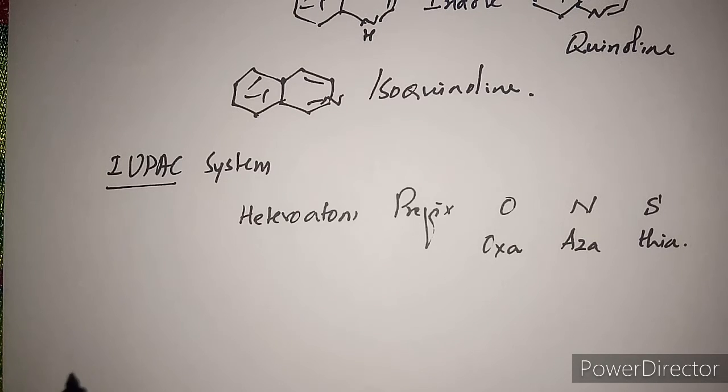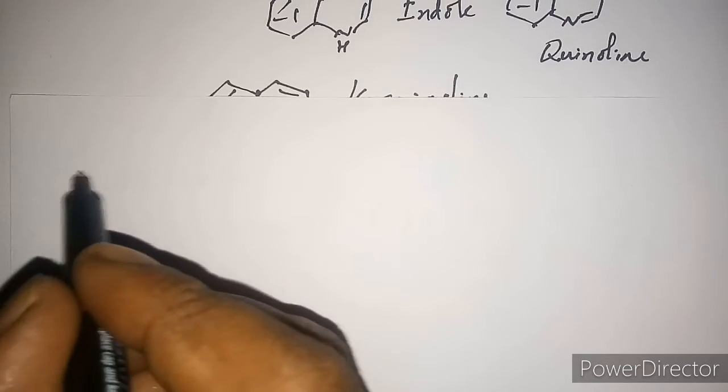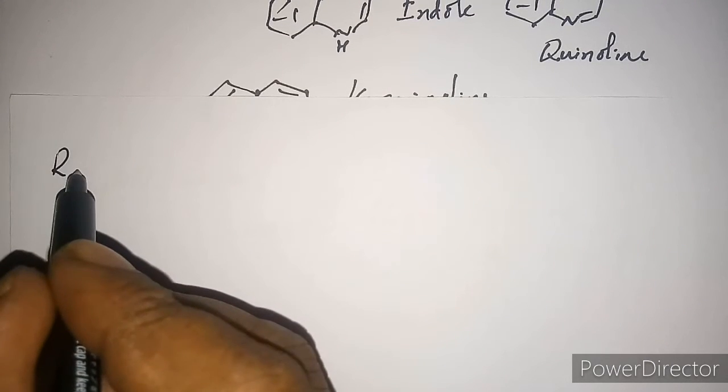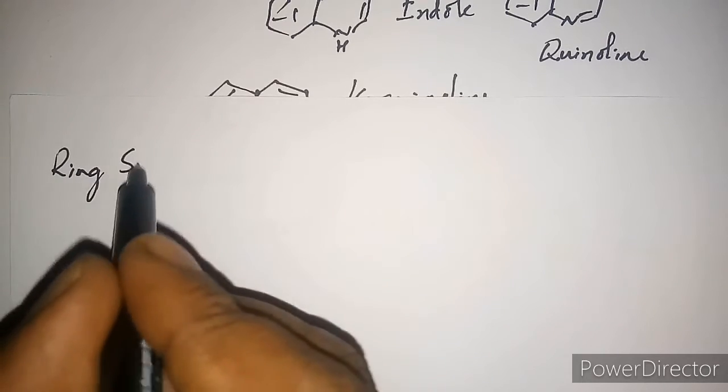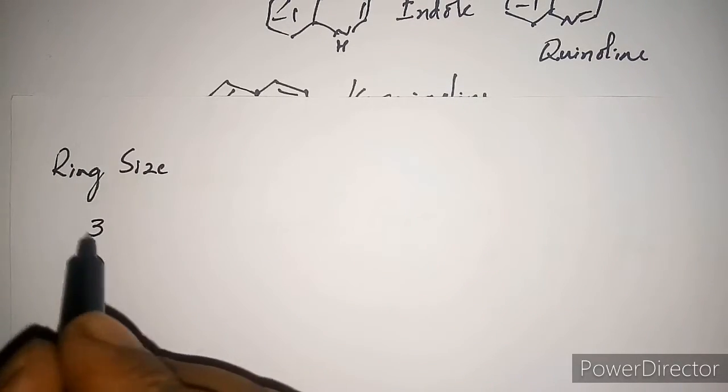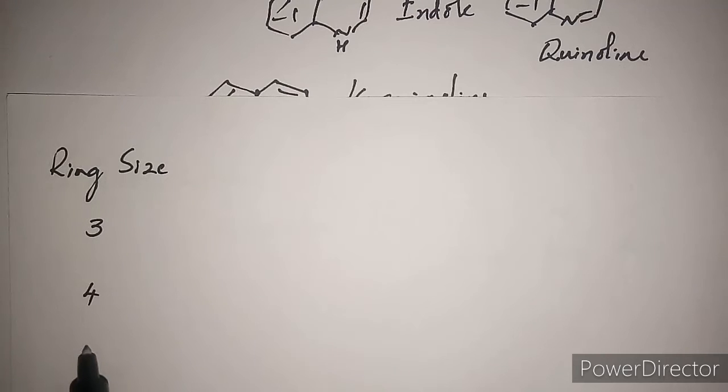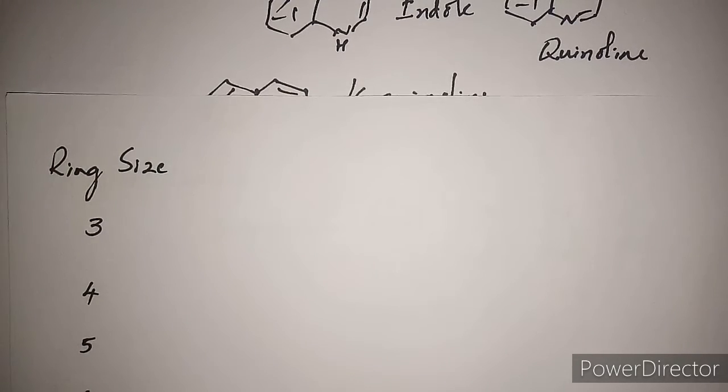With nitrogen or without nitrogen, we need to use different suffixes, and that depends upon the ring size. We have 3, 4, 5, 6,